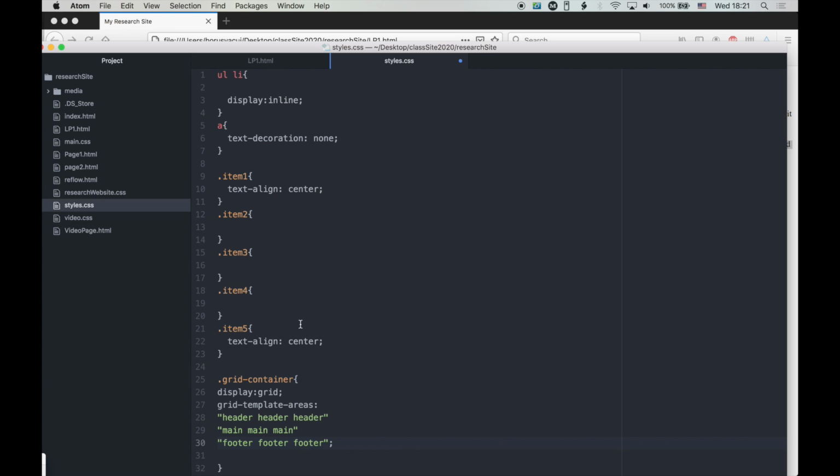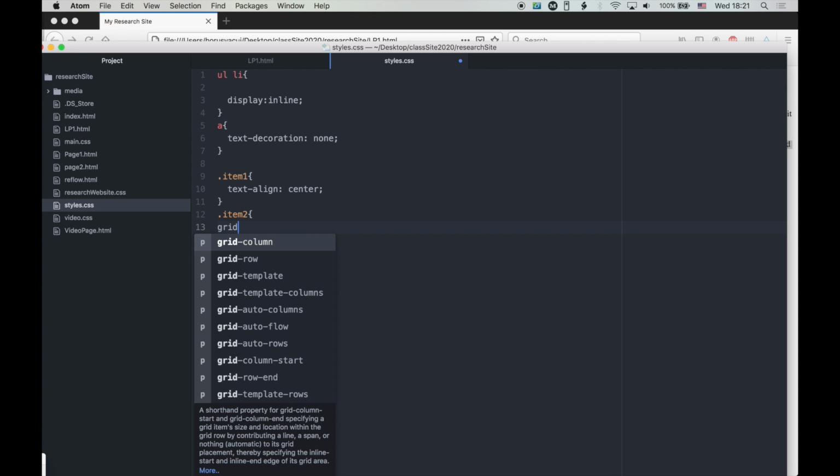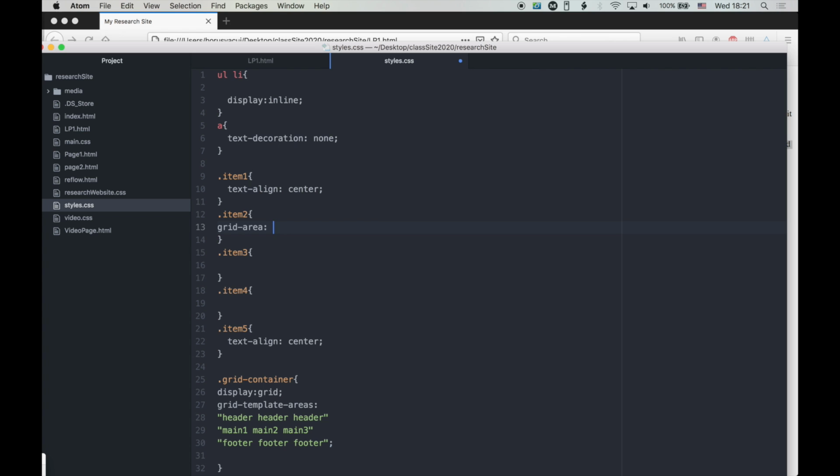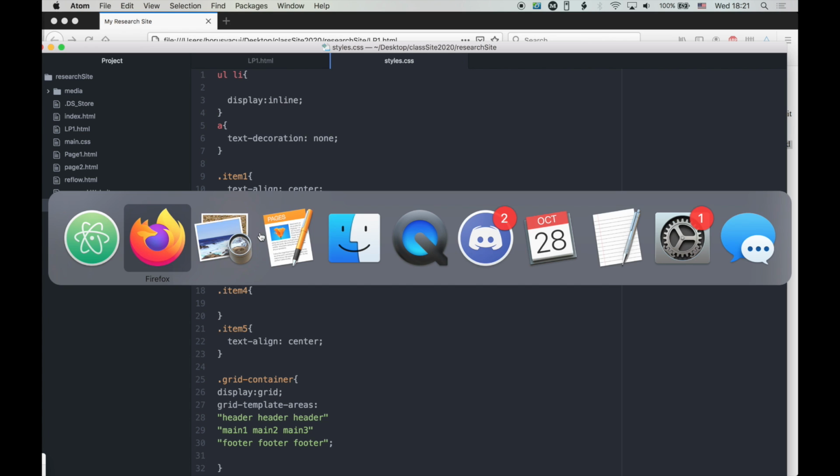I think I'm going to have to name this main 1, 2, 3. I think I have to specify exactly what they are, or they'll end up being one on top of the other. But let's see. Okay, and then we're going to use the grid area attribute to tell these classes now what they are, right? Because if we leave it like this,